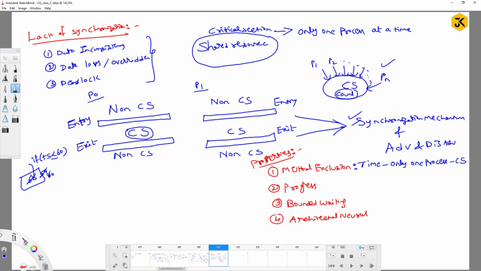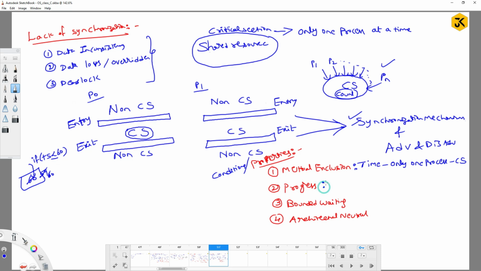So what are the minimum conditions it has to satisfy to make the algorithm a synchronized algorithm? One will be mutual exclusion. It has to achieve the property called mutual exclusion, which means if there is a critical section, that critical section should be accessed by only one process at the same time. I should not allow multiple processes in parallel. Okay, now I will show the examples also if I am unable to answer this definition.